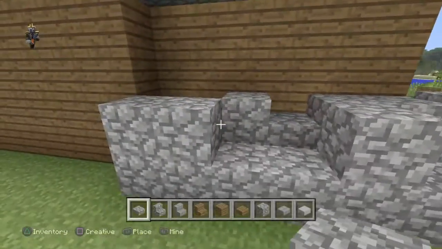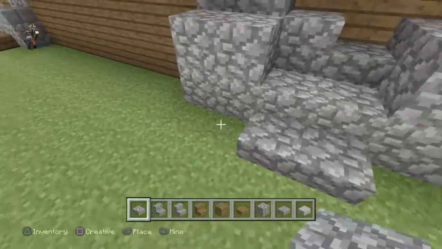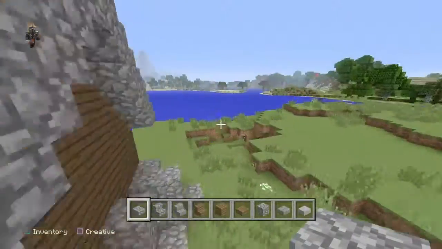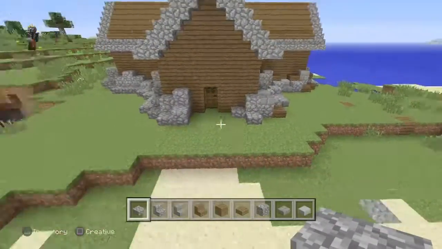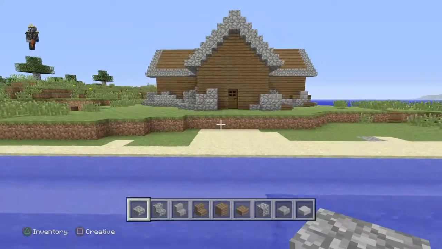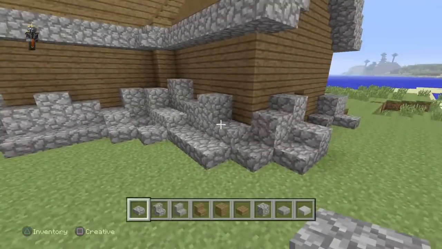And really, you don't need to do anything else once you got the cobblestone slabs in. You don't have to do anything. Like, the cobblestone slabs really make it look better. You don't have to have all this detail in there. You can chill with that, and it wouldn't make the house look bad. It'd make it look a little bit better. But